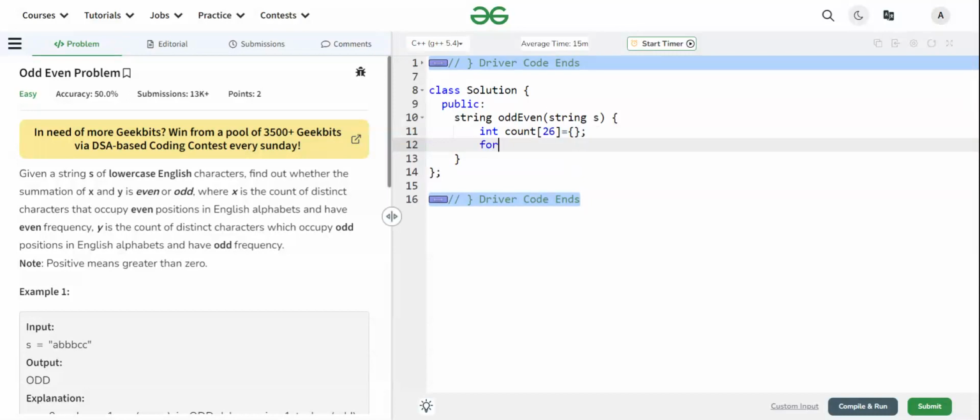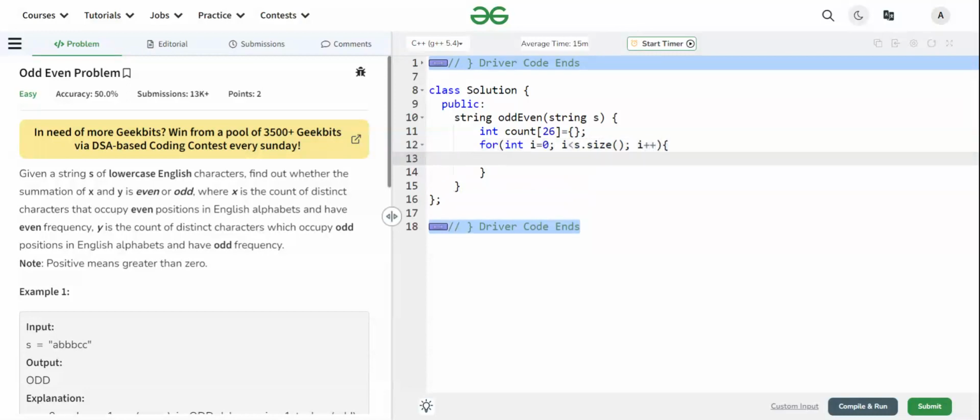Now we will make a loop over the string.